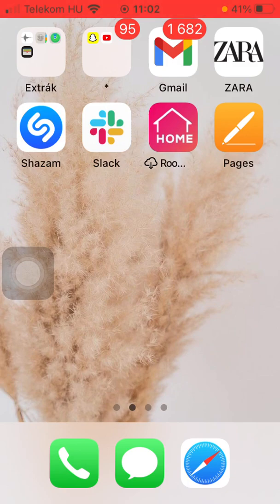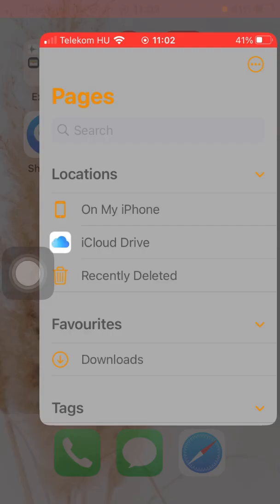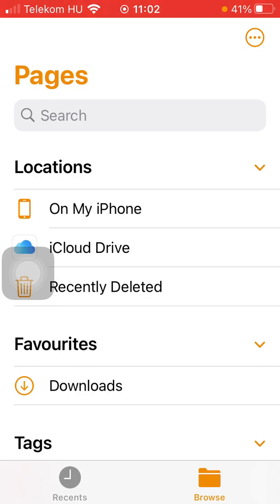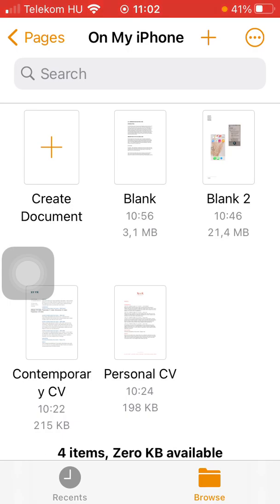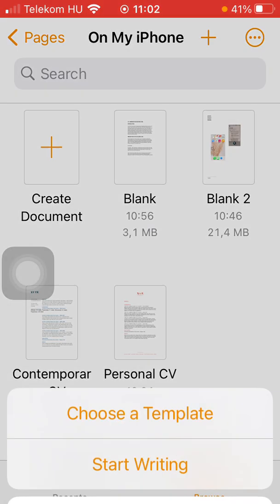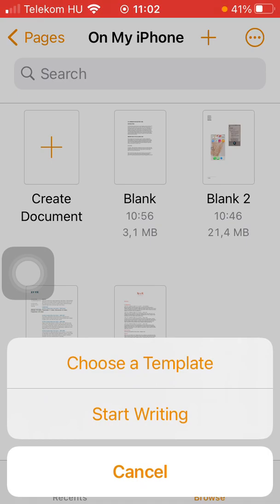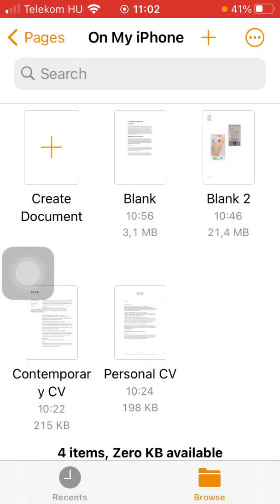So let's jump into it. First of all, open the application on your phone. Tap on the browse icon down below and then click on my phone. After that, you should either tap on the create document option and create a new document, or tap on an already existing